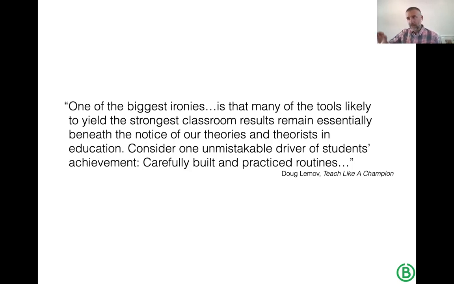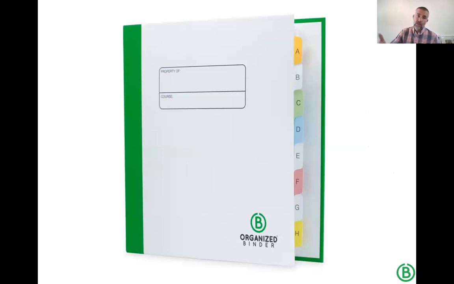So I hope what you get from this is, back to that content agnostic, any subject, any grade level can implement this, and it creates a predictable rhythm to the day. And by virtue of that routine or rhythm, students get practice employing these skills that research shows moves the needle for them. So this is an organized binder. Each student would have one in their class.